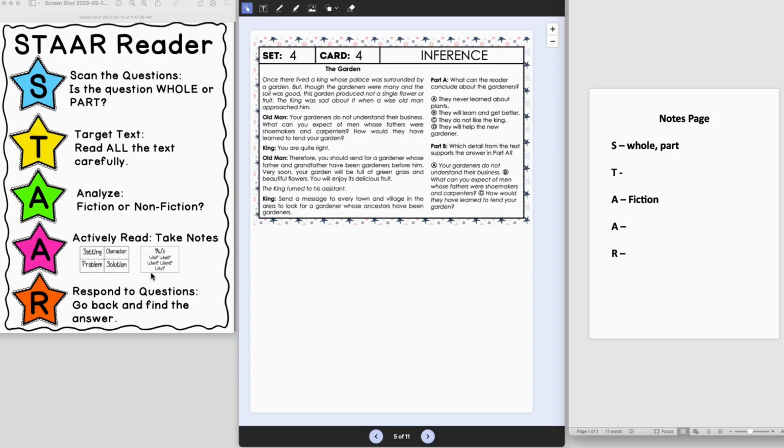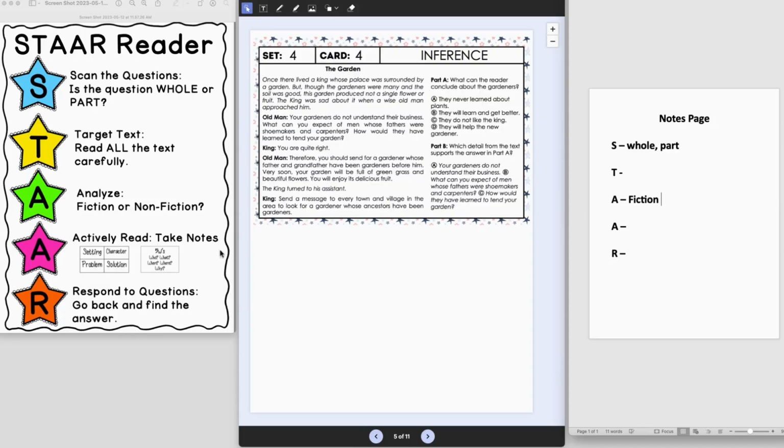King, you are quite right. Old man, therefore you should send for a gardener whose father and grandfather have been gardeners before him. Very soon your garden will be full of green grass and beautiful flowers. You will enjoy its delicious fruit. The king turned to his assistant. Send a message to every town and village in the area to look for a gardener whose ancestors have been